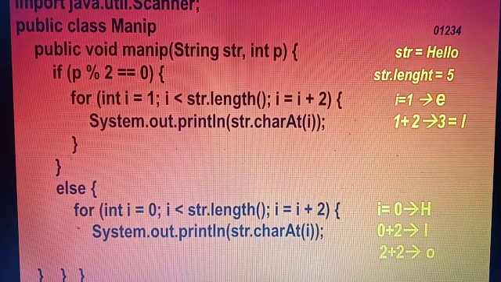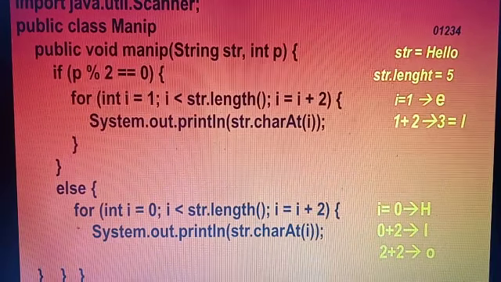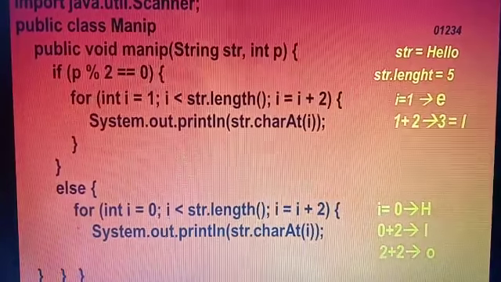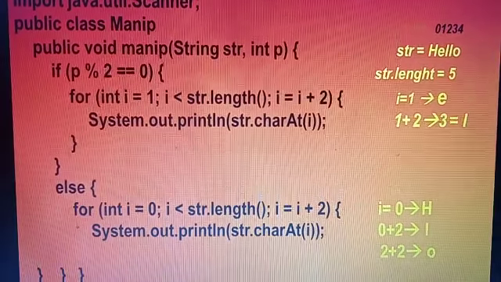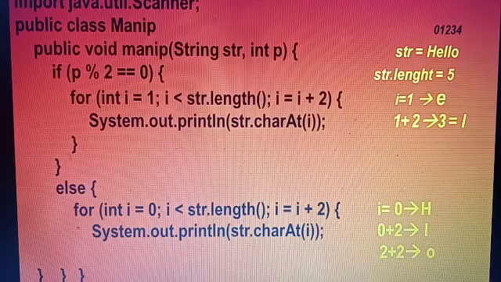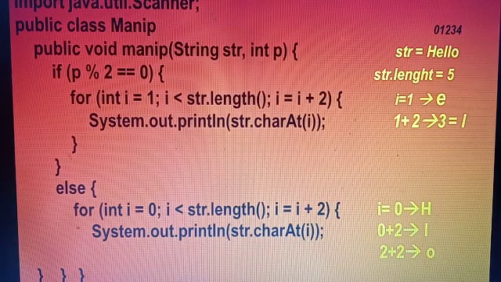Now you come to the else part to see the even positions. For even, here given for int i equal to 0, i less than str.length, i equal to i plus 2. Now i is what? 0. So at index 0, which character was there?